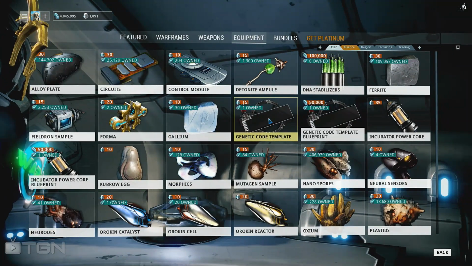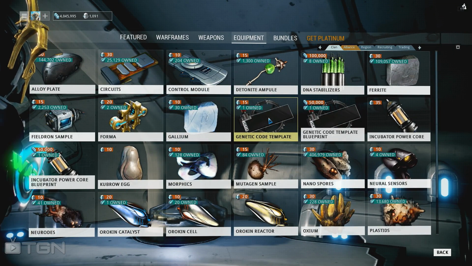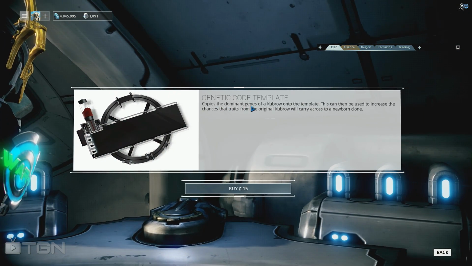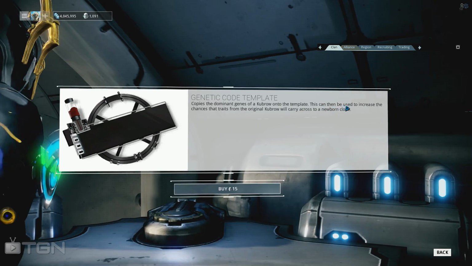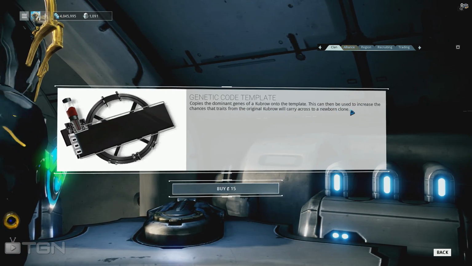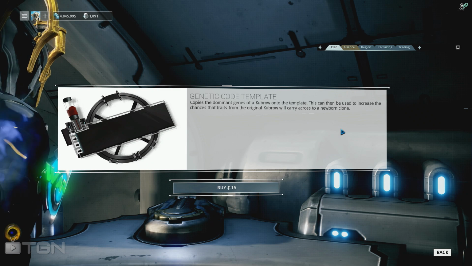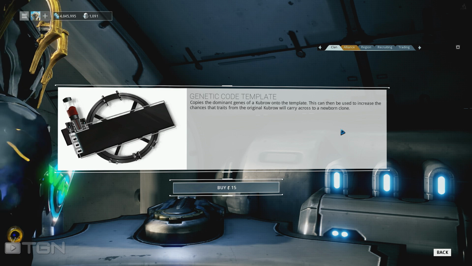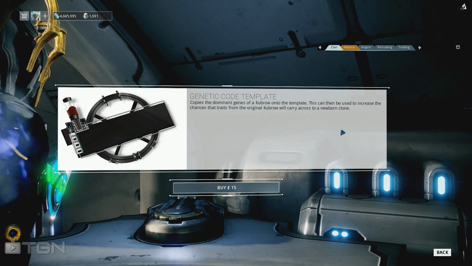Yes, these here, the genetic code template. As you can see, you can buy one for 15 plat. It copies the dominant genes of a Kubrow onto the template. This can be used to increase the chances that traits from the original Kubrow will carry across to a newborn clone. So these genetic code templates actually take the genetic code of a mature Kubrow and transfer it over to